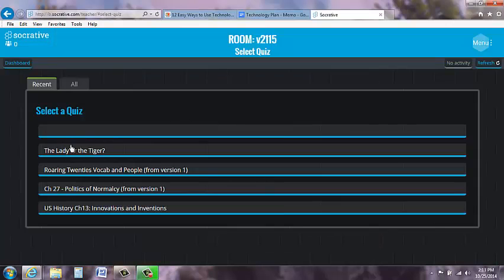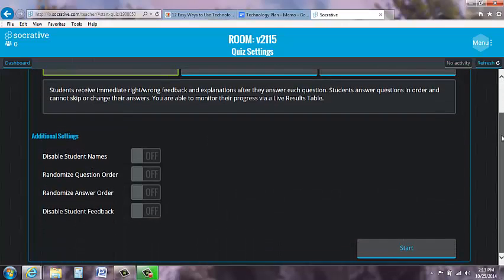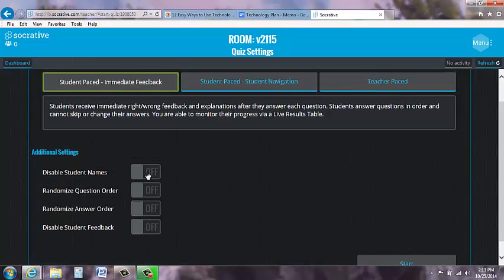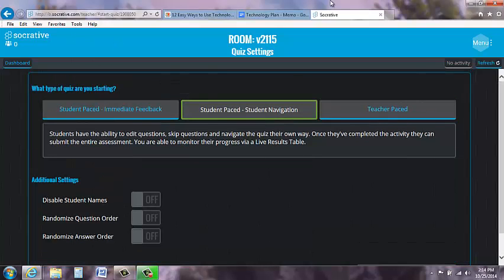And so when I go to start a quiz, these are some of the quizzes that I've already created for this year. I have the options. I can see students' names, I can randomize the question order, the answers, I can watch as they start this quiz, and all I have to do is hit start. I have my room number, kids just need that room number, and go to the website, and boom, they log in and they can take the quiz. And I can see live results. So this is a pretty simple, easy